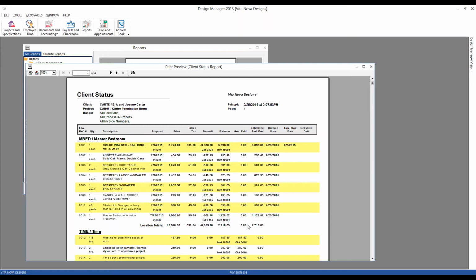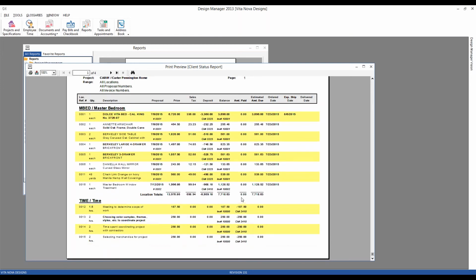And finally, we even see our paid column for when the client has paid on the invoice itself and an estimated balance due. So you have a nice snapshot of the fiscal activity going on with the item, the balance due, the future amount due for the client, etc. And lastly, we have some order tracking information. By default, we're going to show the order date, expected ship and deliver date, but you can even refine those